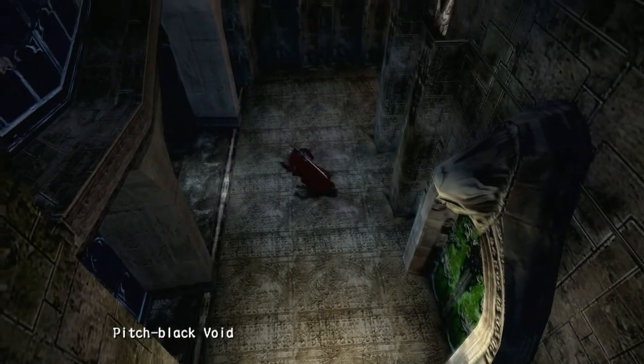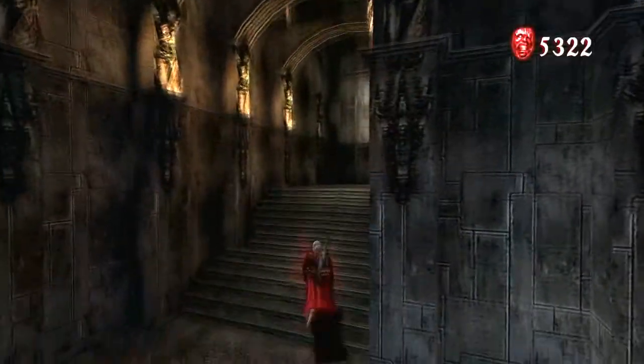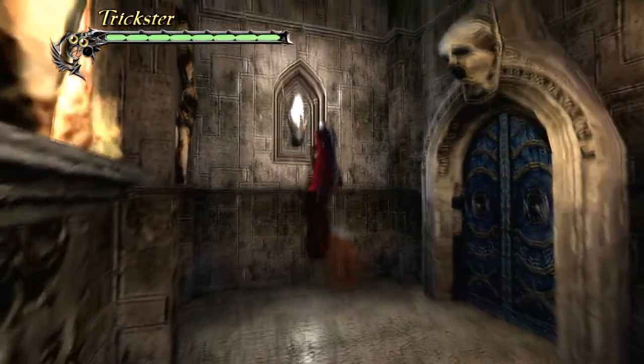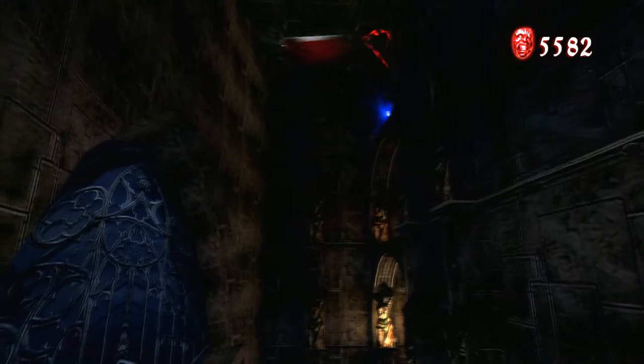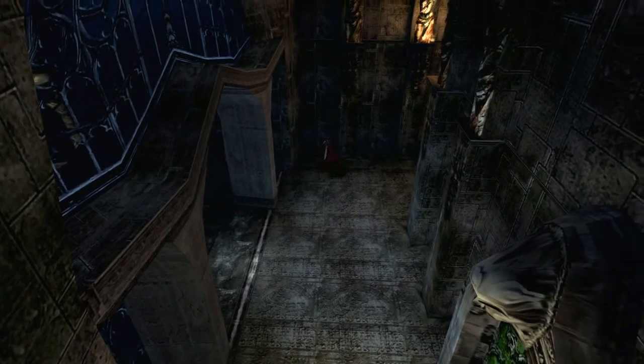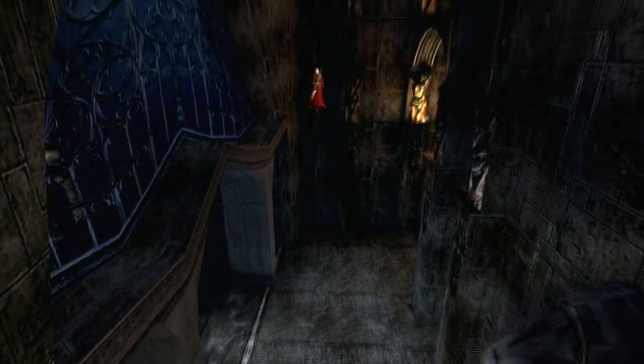Next up, in the Pitch Black Void, which I always get confused with the Dark Corridor because they look the same, you've got a Blue Orb Fragment over on that ledge there. It takes me a little while to actually grab it because of janky platforming mechanics mixed with the fact that I'm